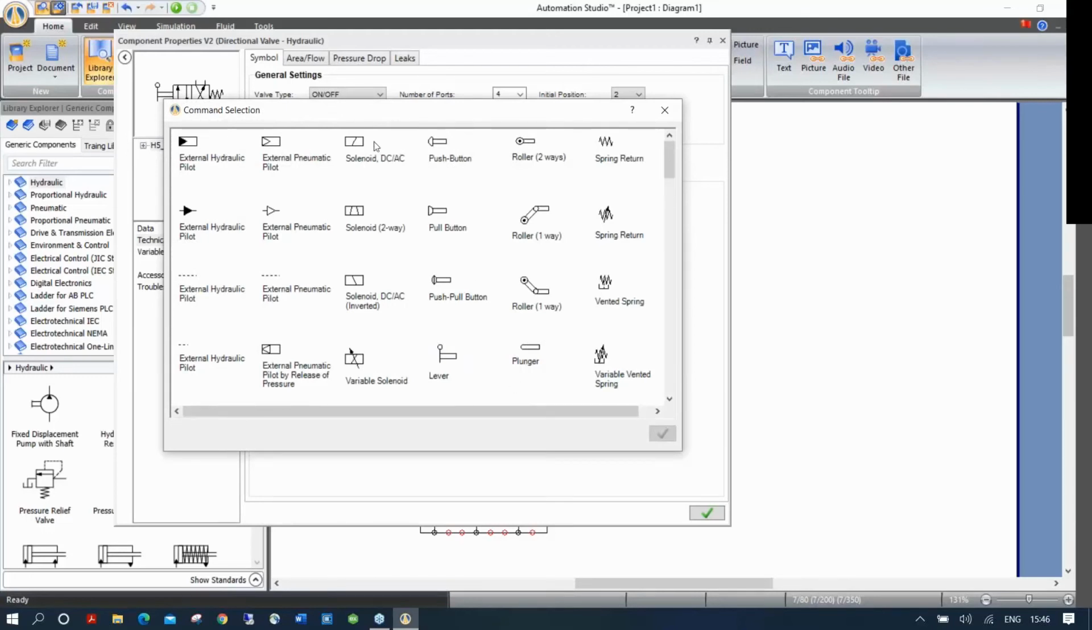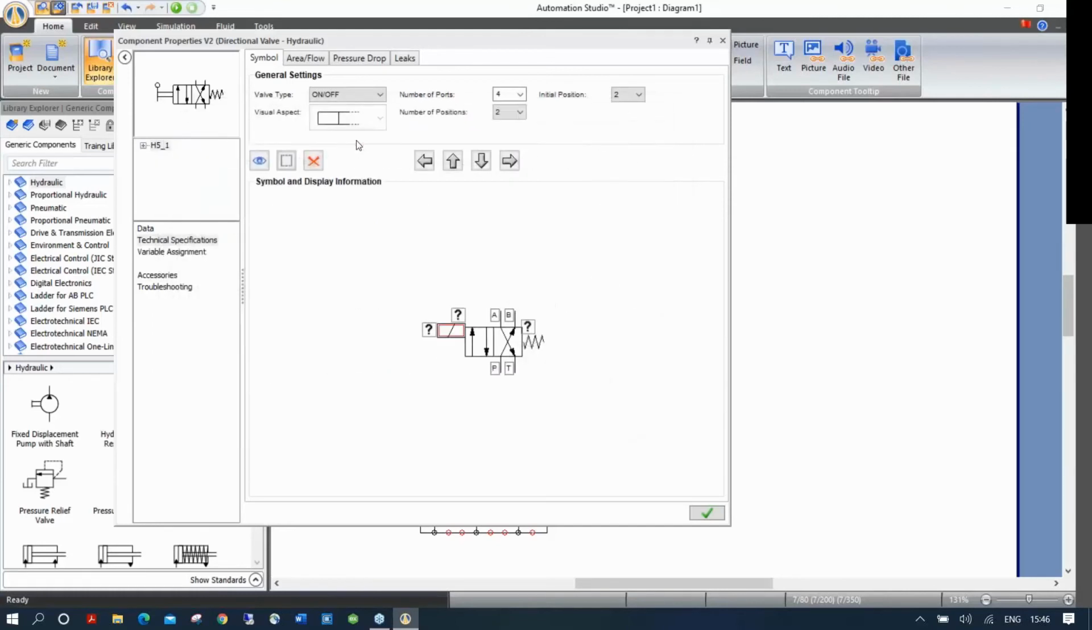So right now I'm going to need to put a solenoid on it. So I click twice on the solenoid, and you see it's way off here. So I can just move it where I want. It doesn't affect the simulation. And now this is the valve that I'm looking for. So if I click here,